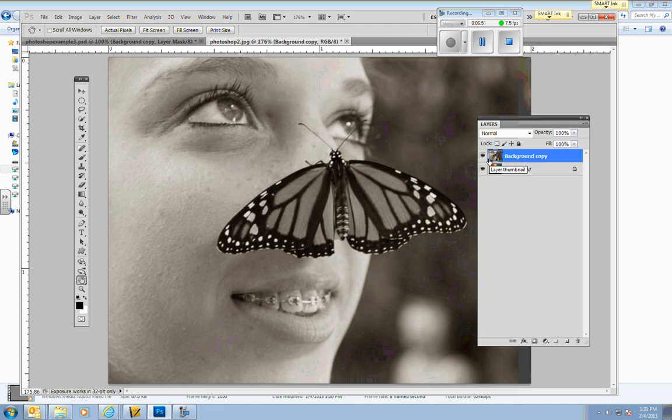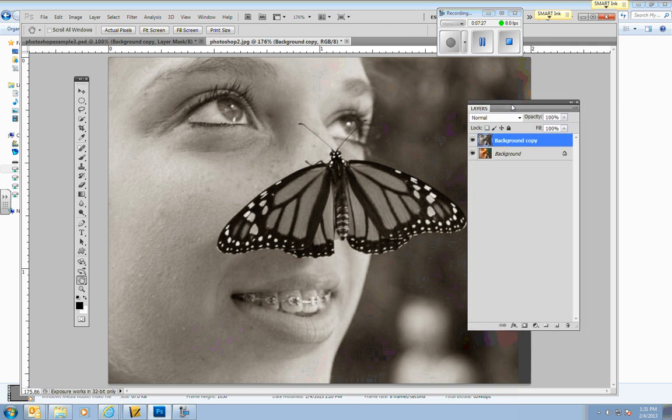Okay, so now the part that I'm going to show you is a layer mask, and I like to refer to it as kind of like a magic piece of tracing paper, because you can cut something out of it, but then heal it back up. So what we're going to do is basically cut a hole into this photograph with a layer mask, and then I'm going to show you that if you make a mistake, you can correct it. So make sure that you are on the background copy, the desaturated, now brown or sepia tone one,